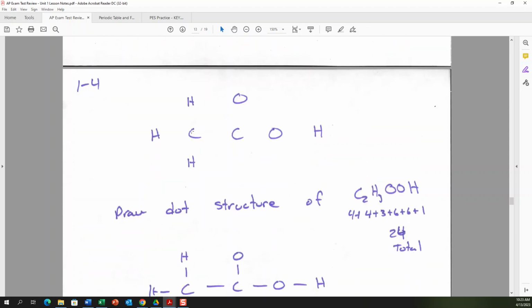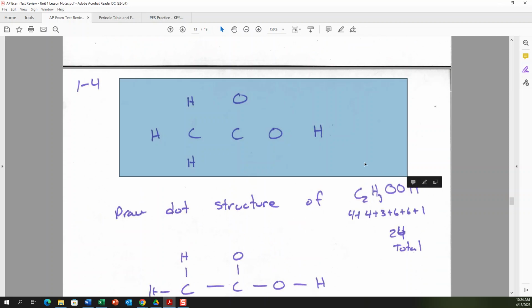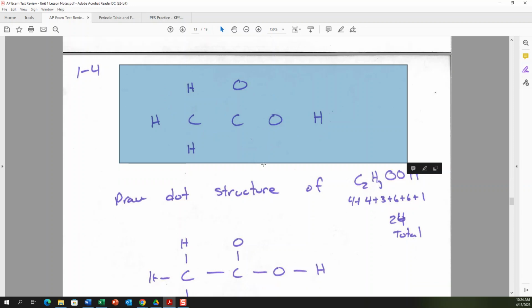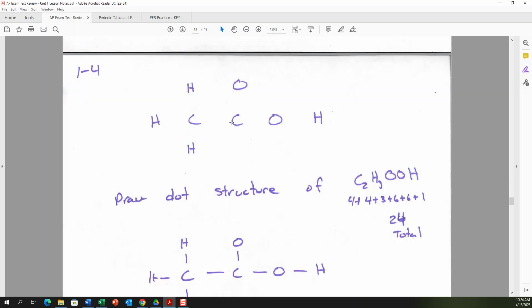So here's an example. They gave this question maybe on last year's exam or the year before, and they like to do this. Instead of just blindly drawing a dot structure of a molecule, they have the atoms spaced out where they're supposed to be within the structure, and then you just have to fill in all the bonds and all the unshared pairs. So if you have to draw a dot structure given this scenario,